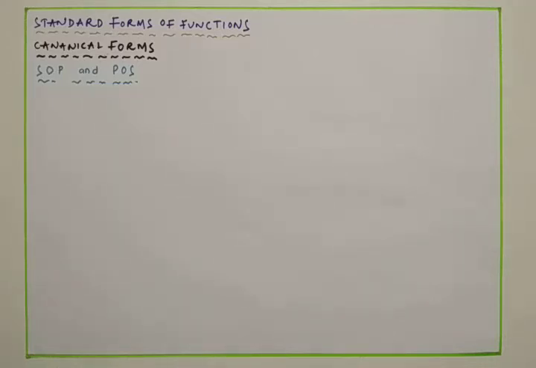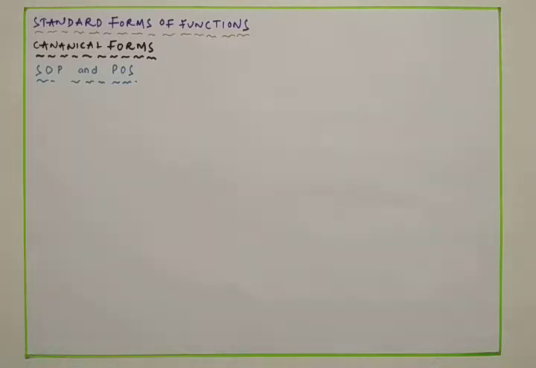In this class, I am going to talk about another type of standard function, or standard Boolean function. Standard Boolean functions are also called canonical functions. In the previous class, I explained that from a digital system, we can have two possible forms of outputs. One is sum of product, the other is product of sum. Sum of product can be denoted with SOP, and product of sum can be called POS.